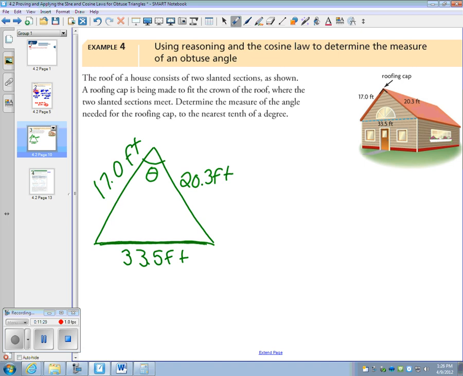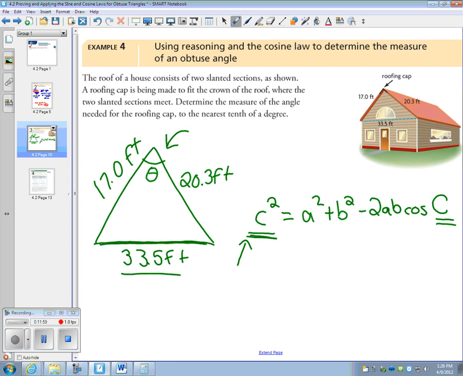And the cosine law says, and we can use any letters, but it says that c squared is equal to a squared plus b squared minus 2ab cos of c. All that matters is whatever side length I put here, I need to have the angle opposite that side length there. So the angle I'm trying to find is right here, so the side length I must put here has